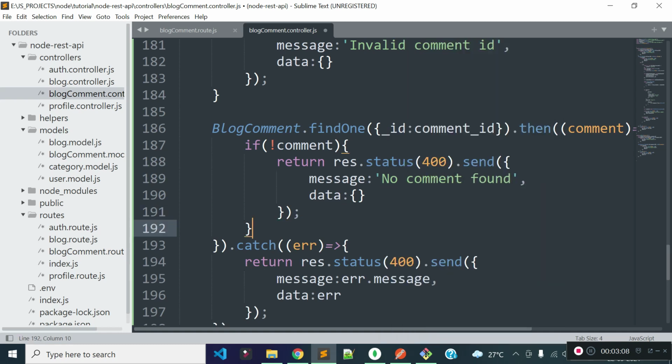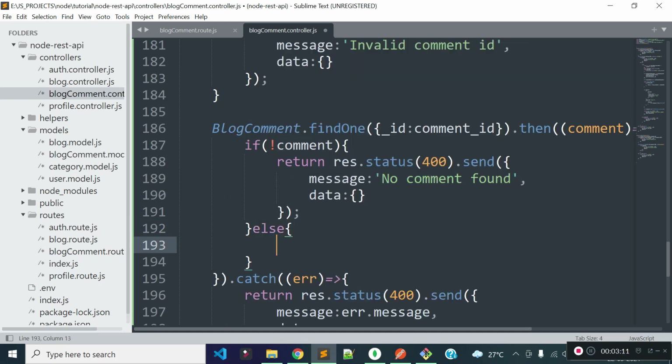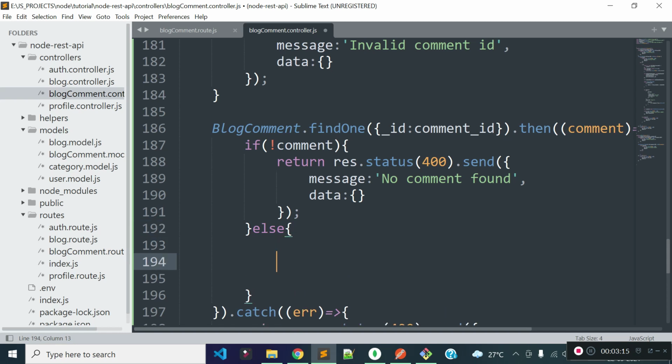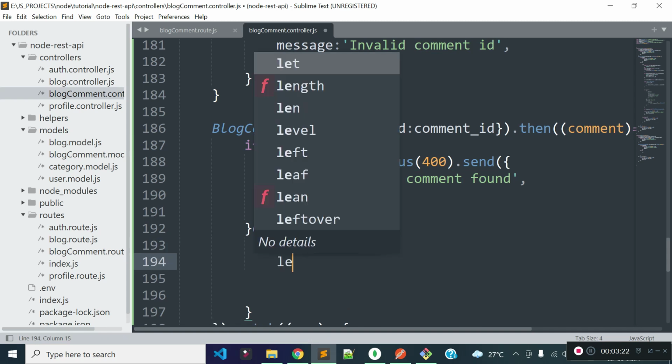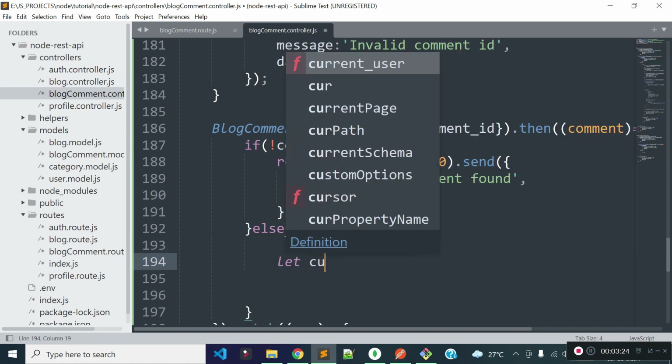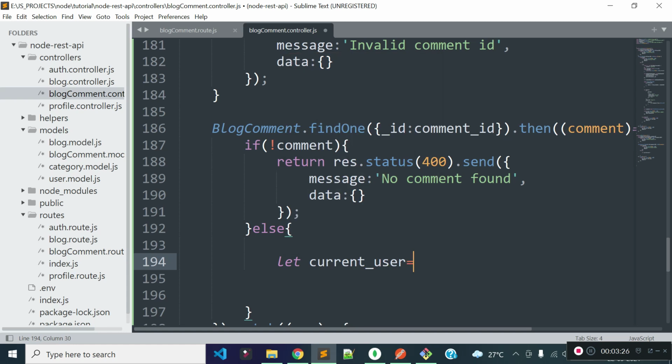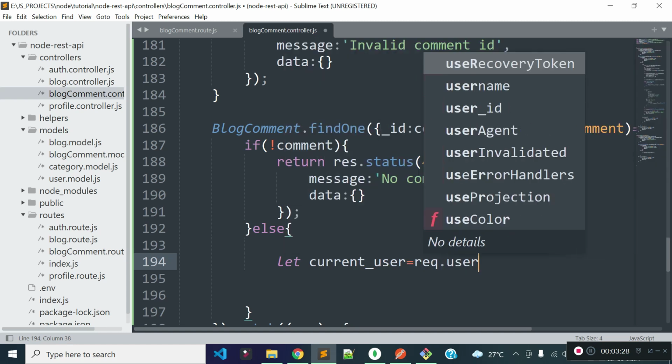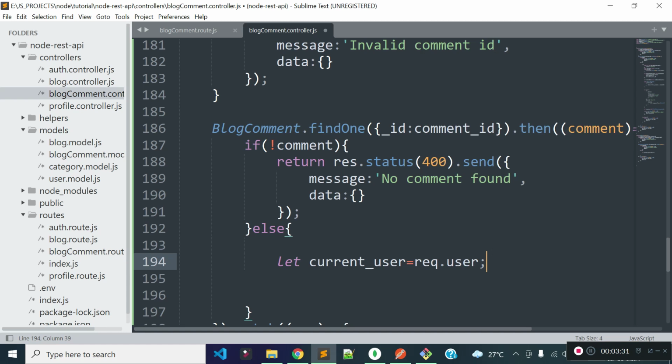And if any comment is found with this comment ID in our blog comments collection, then I will check whether this comment is owned by the currently authenticated user or not. So first of all, I'll store the currently authenticated user data in a variable called current_user, and we can get the currently authenticated user data from the request.user key, because our update comment API endpoint is protected, so a user needs to provide an API token through the authorization header to update this comment, right? Then only we can get the currently authenticated user data from this request.user key.